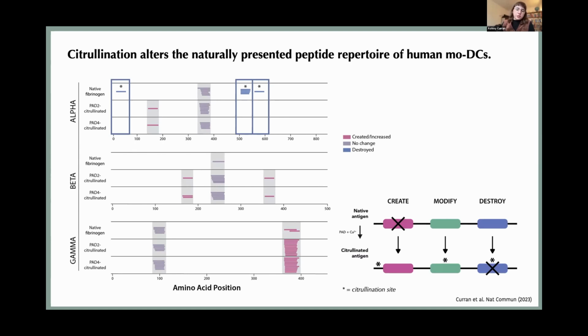And we additionally find the destruction of previously dominant peptides, which are only presented in the native and not at all in the citrullinated samples. Interestingly, all three of these destroyed peptides contained a citrullination site in the citrullinated samples, which suggests that citrullination could result in enhanced cleavage, or altered cleavage, in this case enhanced, and maybe destroy these peptides, which we found really promising.